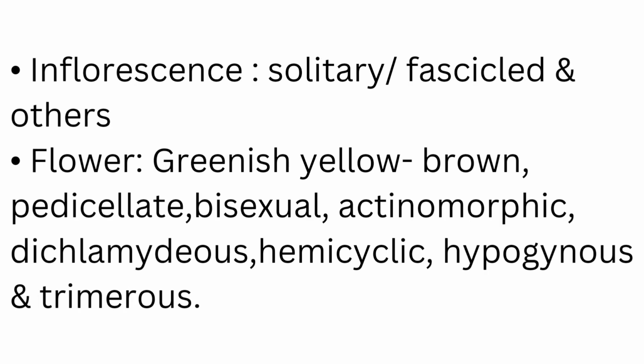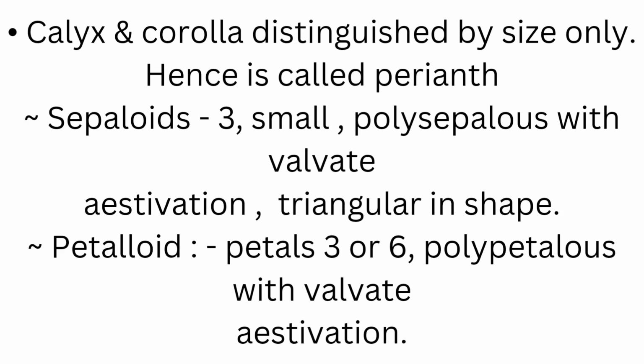Inflorescence: solitary, fascicled and others. Flower: greenish yellow-brown, pedicellate, bisexual, actinomorphic, dichlamydous, hemicyclic, hypogynous and trimerous. Calyx and corolla distinguished by size only, hence is called perianth. Sepaloids 3, small, polysepalous with valvate